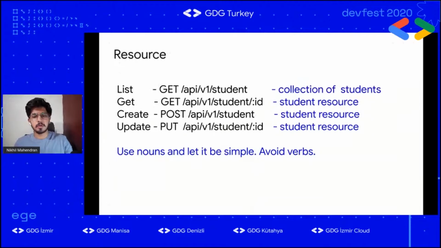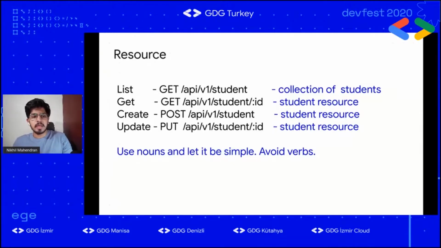Now we'll see how to structure an API around a resource. What we have here is CRUD operations, create, read, update, delete, around the resource. When you see the endpoints, the first endpoint lists, GET /api/v1/student. Every one of the four endpoints has /student. So student is the resource around which we are building the API. Always use exactly the resource name, student, in the API. You should not use create student or update student. That is bad practice. You should avoid verbs.